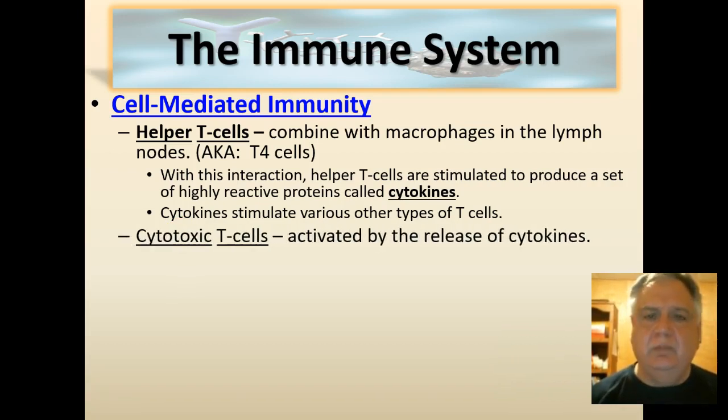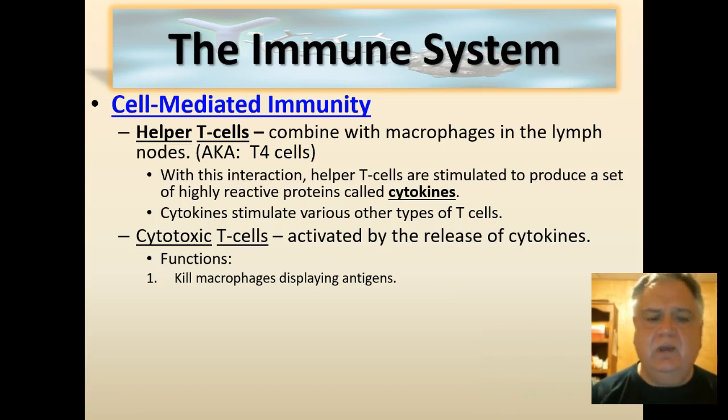Now, in addition to helper T cells, there are also what are called cytotoxic T cells. These cytotoxic T cells can be activated by these cytokines. As a matter of fact, the helper T cells actually differentiate into cytotoxic T cells. Now, these cytotoxic T cells basically have two functions. One function is to kill macrophages that are displaying the antigen, that are antigen-presenting cells, I guess I